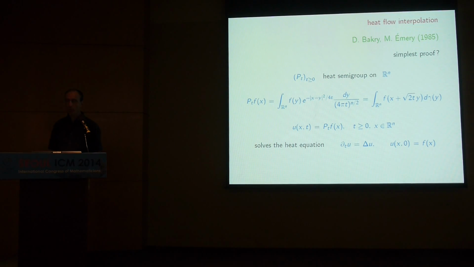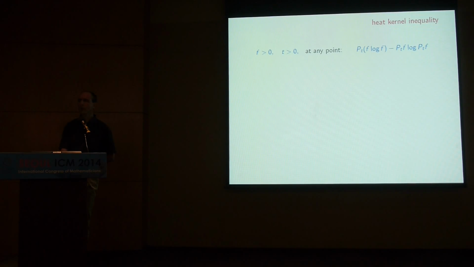So to use this heat semigroup in a proof of the logarithmic Sobolev inequality, the idea is to consider a so-called heat kernel inequality and to study, for any smooth positive function f and for any t strictly positive, the entropy along Pt, or Pt of f log f minus Pt f log Pt f, at any point, simply omitted here. And to see the connection with the standard form of the logarithmic Sobolev inequality, you simply observe that